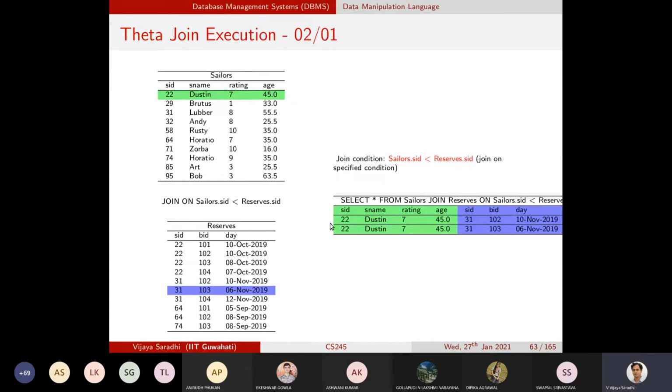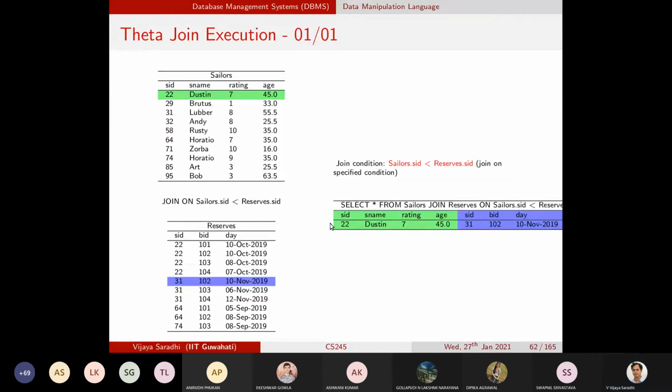So the way that we go through is that it will try to look at the first record, and then try to join with the first row of the results table. On the condition that 22 less than 22 in the results table, it will not meet the condition. It will also not meet this condition, but it will meet the condition over here. So these two records will be joined.